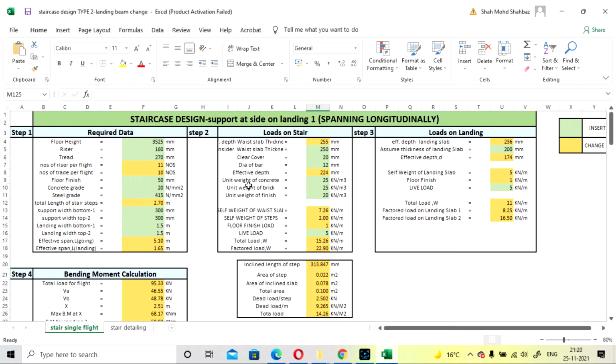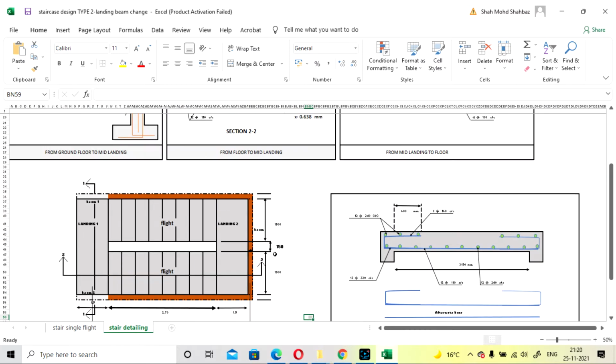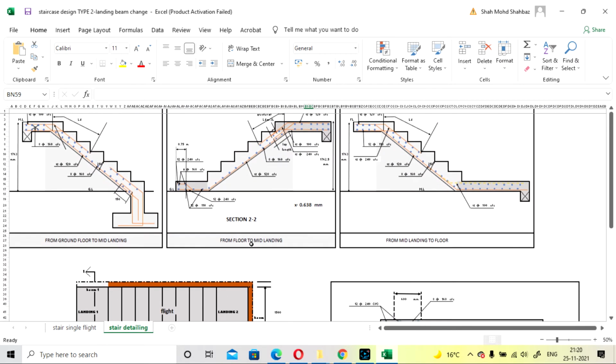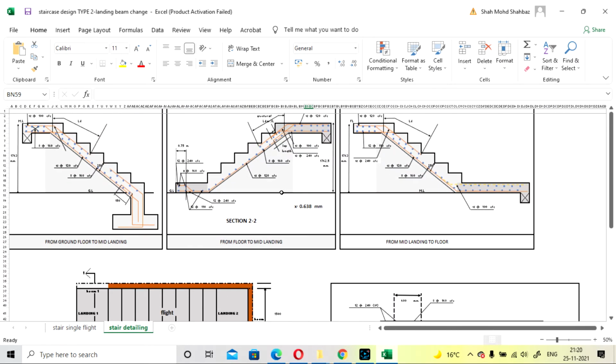So in this lecture we will see how to design a staircase type 2 using this Excel sheet. I have already uploaded how to design it manually, type 1 and type 2. So this is for type 2